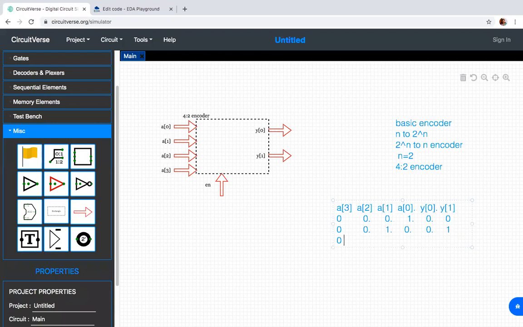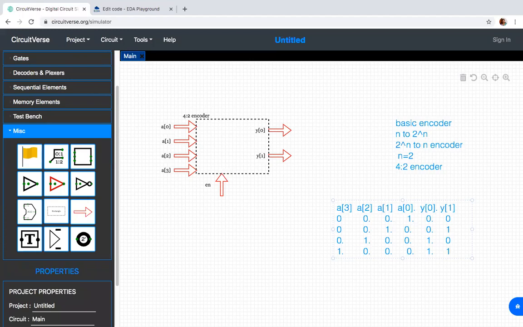The next combination is 0, 1, 0, 0, so the output will be 1 and 0. The last one will be 1, 0, 0, 0, and the output for this will be 1 and 1.